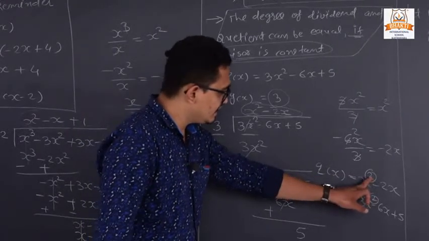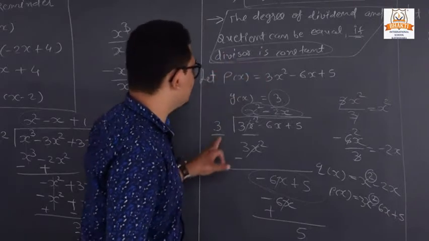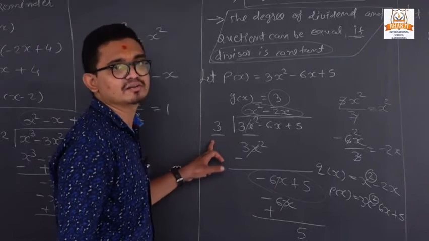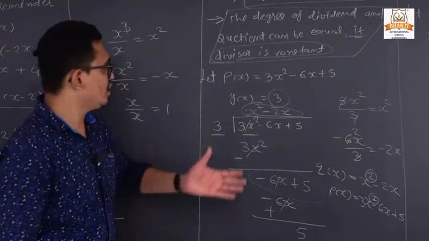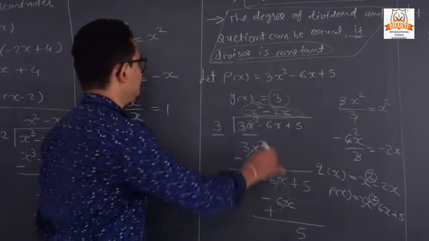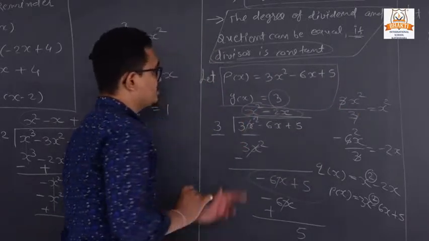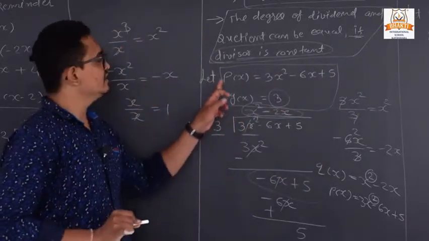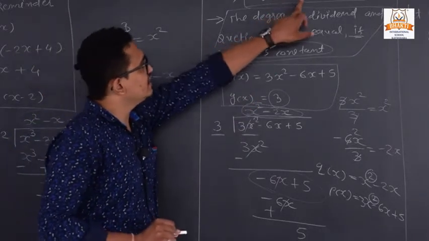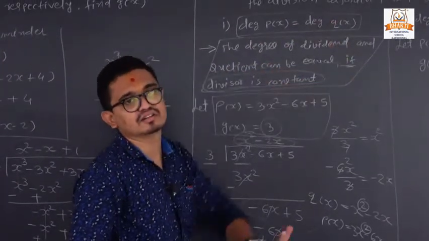If both degrees are equal, when we divide, the divisor is a constant term. Clear? In examination you cannot perform the division, so it is just for verification. In examination we can directly write the answer. If we take p(x) and q(x) like that, we have the same degree of polynomials as well as our quotient.